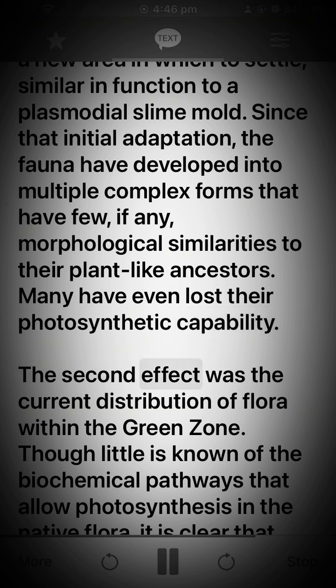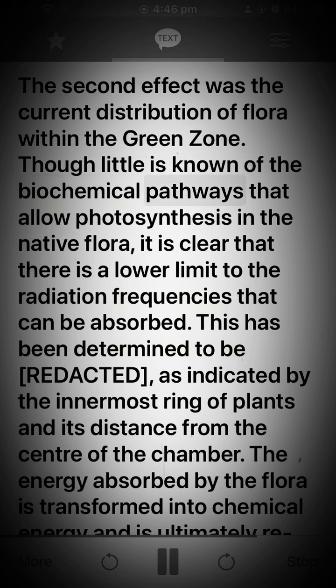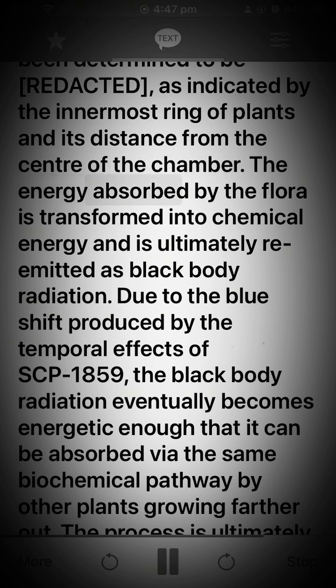The second effect was the current distribution of flora within the Green Zone. Though little is known of the biochemical pathways that allow photosynthesis in the native flora, it is clear that there is a lower limit to the radiation frequencies that can be absorbed. This has been determined to be [redacted], as indicated by the innermost ring of plants and its distance from the center of the chamber. The energy absorbed by the flora is transformed into chemical energy and is ultimately re-emitted as